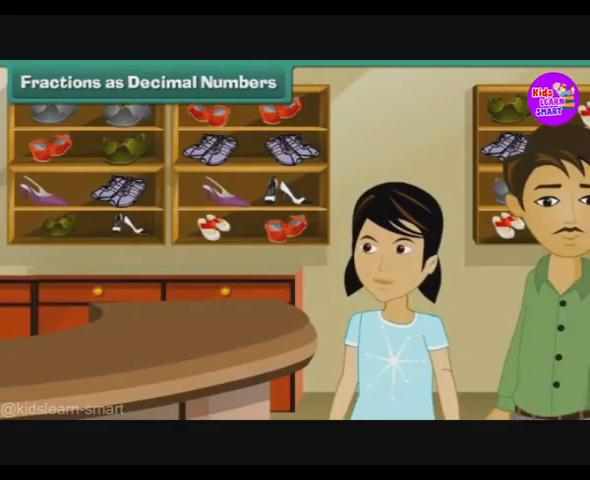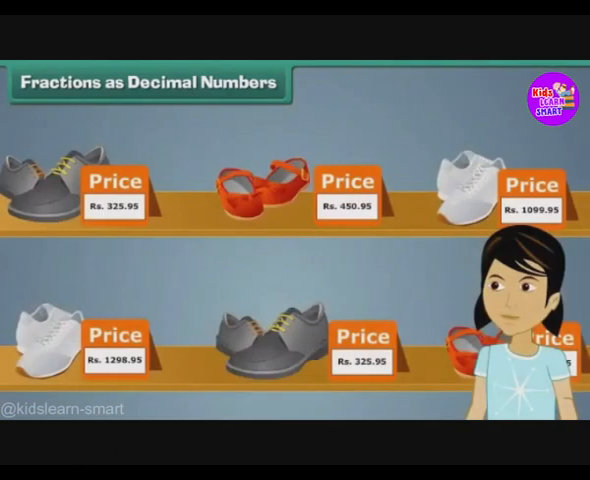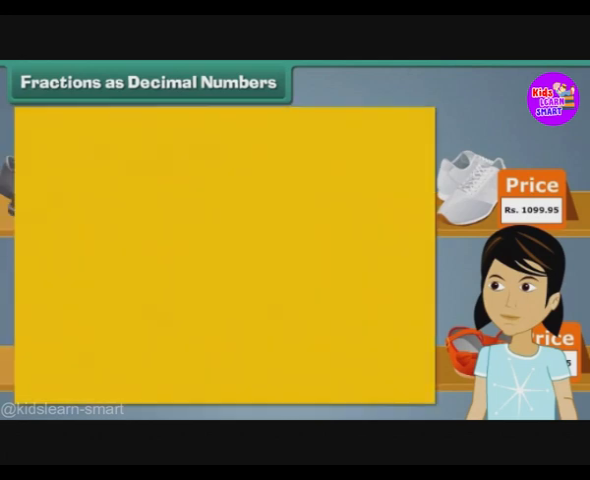Arpita went with her father to buy her school shoes. Prices of footwear in the store were expressed as decimal numbers. She wondered what the decimals in the prices meant. 100 paise make 1 rupee. In other words, 1 paisa is 1 by 100th of a rupee. It can also be written as